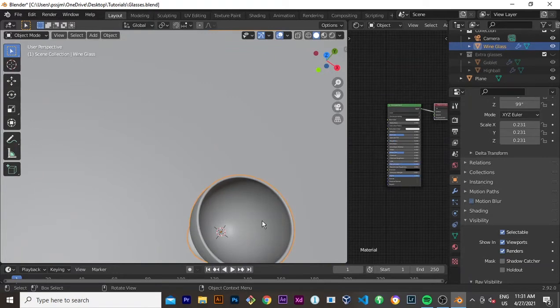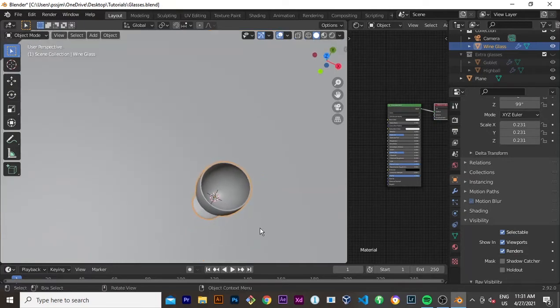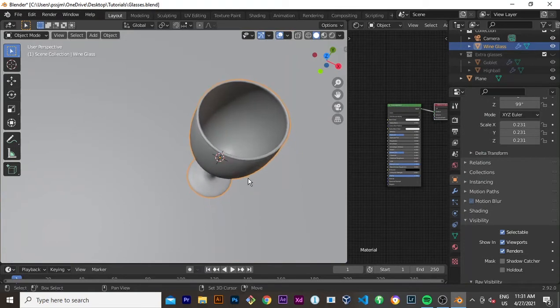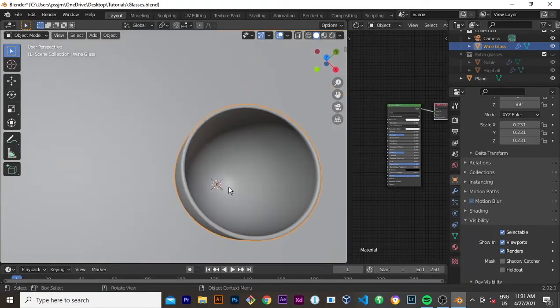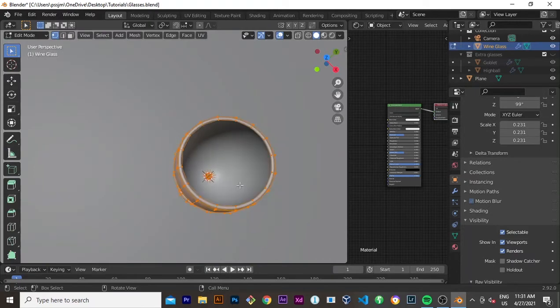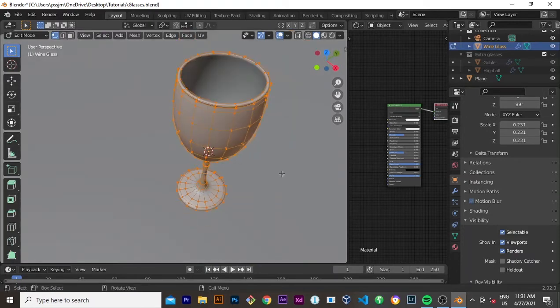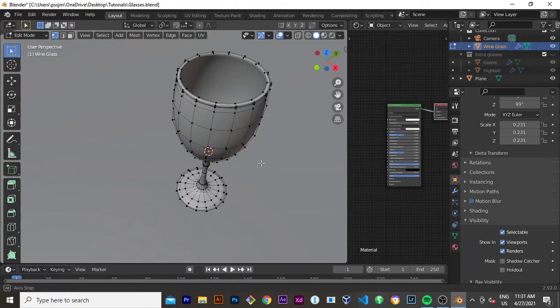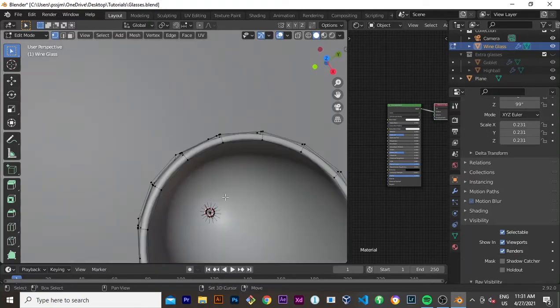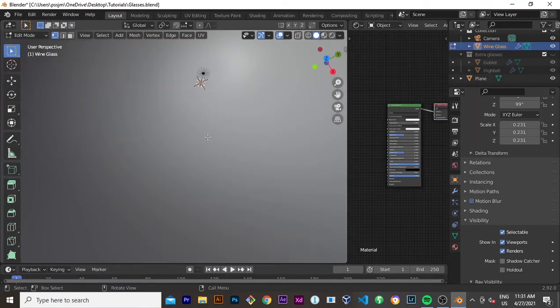So I'm going to select the glass, hit tab to go to edit mode. I'm not sure why my PC is responding so slow. Tab to come to edit mode, and I'm going to deselect everything. I just clicked on the side so that I have nothing selected, and then we're going to zoom in at